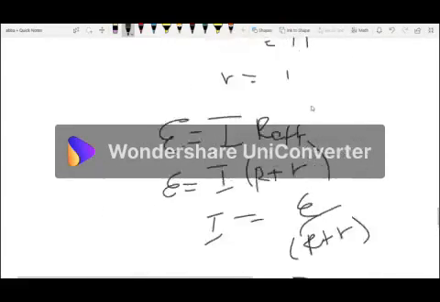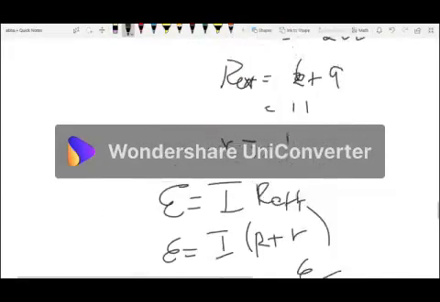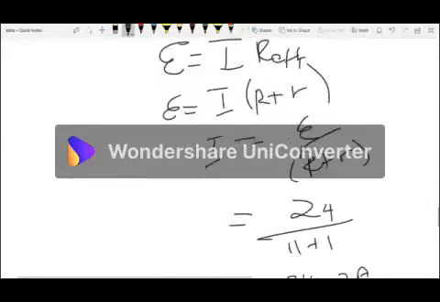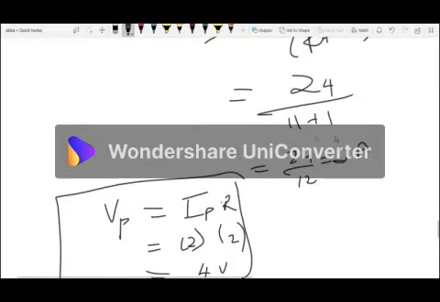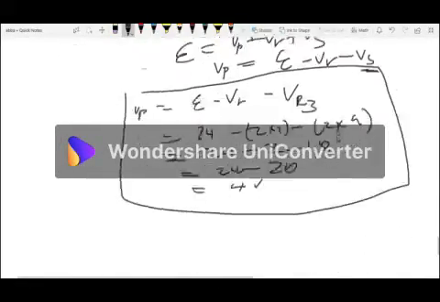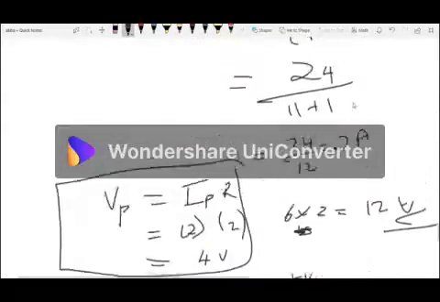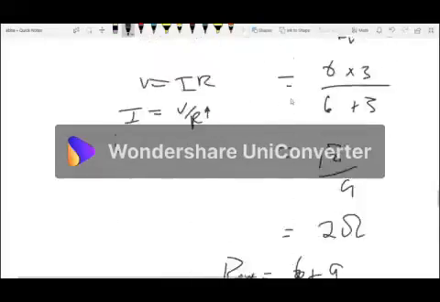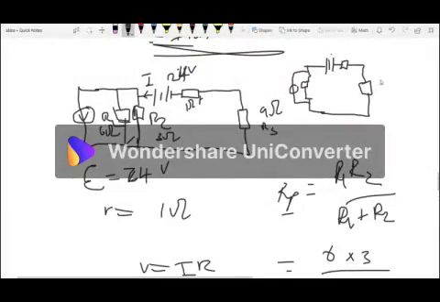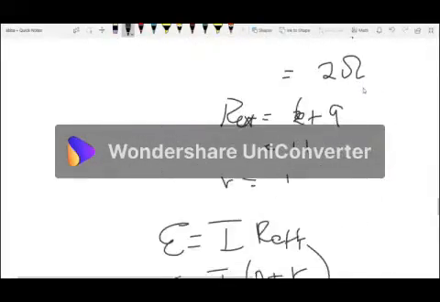But when it comes to the potential difference, if we want the potential difference of that one, we're going to use the 6 multiplied by 2, which means the potential difference is going to be 12 volts, right? So now it's going to change the complexion of the story for this part here, right? Now, and again, remember, if it's going